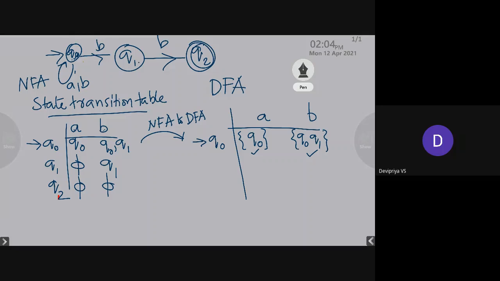Here Q0 we have already taken. Now this new state is {Q0, Q1}. You have to find the transition on the input symbols small letter a and small letter b from this new state.